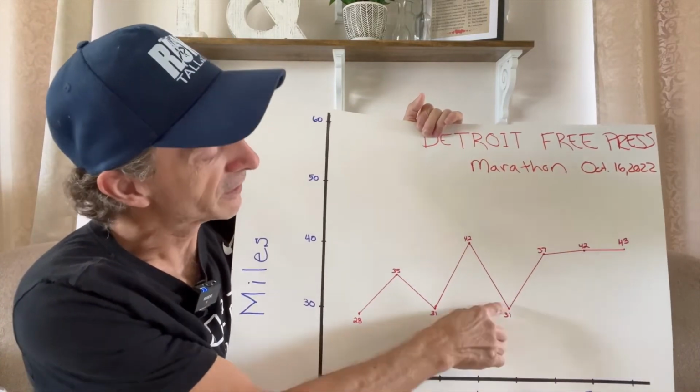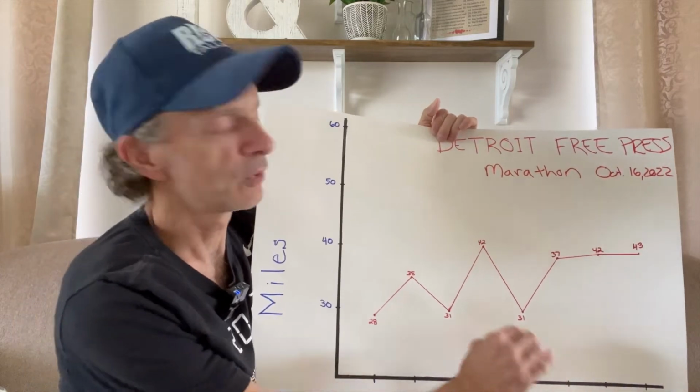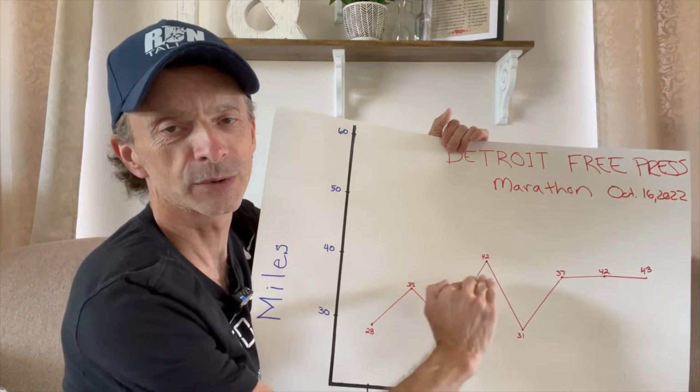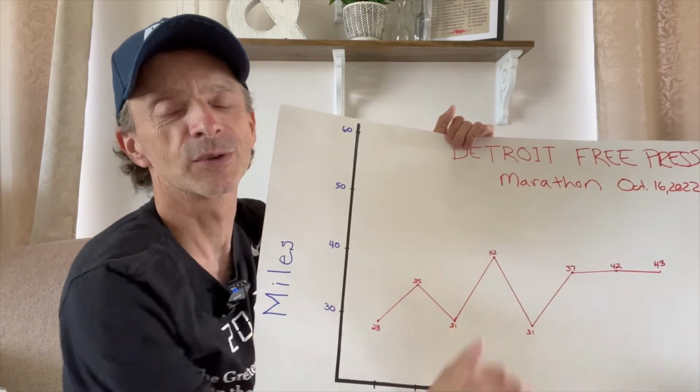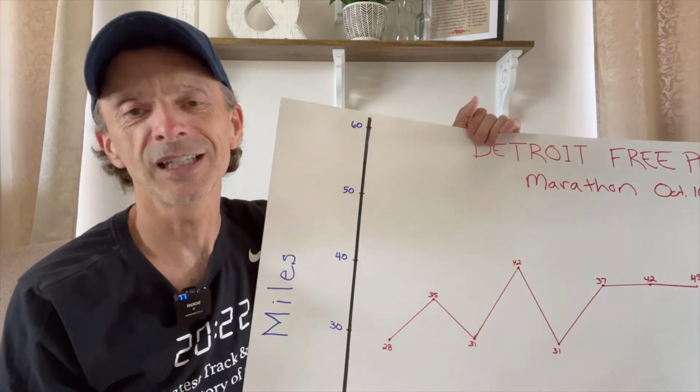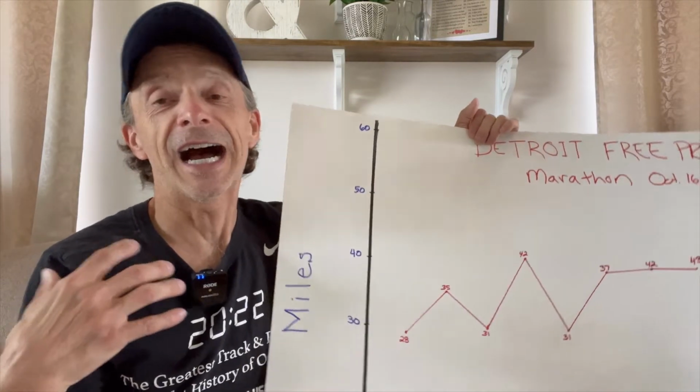Now this is week 5. So starting with week 6, we kind of level off here a little bit. So 37, 42, 43. So we're kind of evening out there towards the end. I'll be curious to see what weeks 9 through 16 look like, because I haven't run 9 through 16